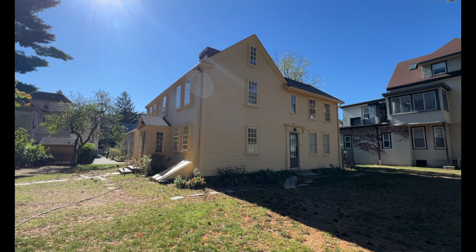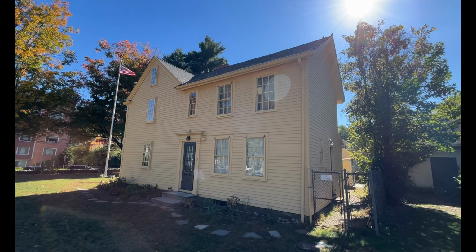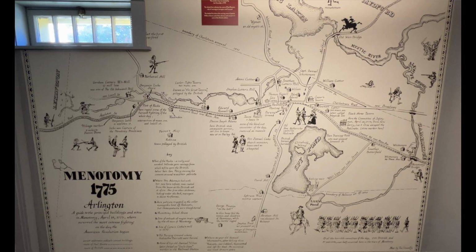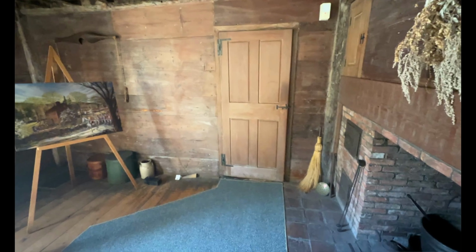And so the house is done up to period. Most of the house is done up to period. Part of it is later. But it was very interesting. Obviously still bullet holes through there. And you can see where some of them hid in the basement. And kind of hear the stories of...